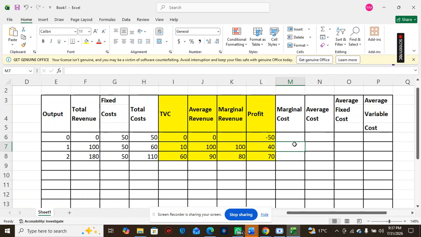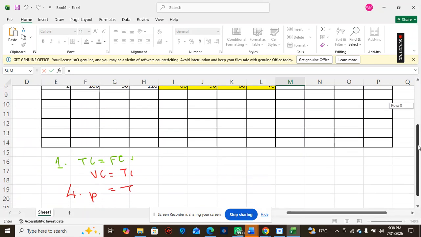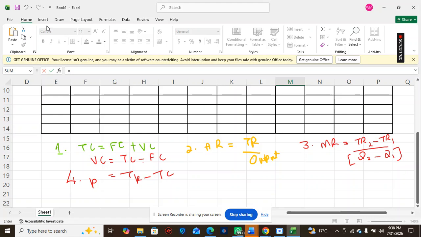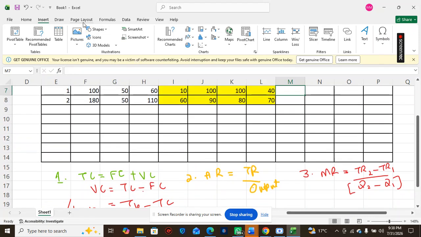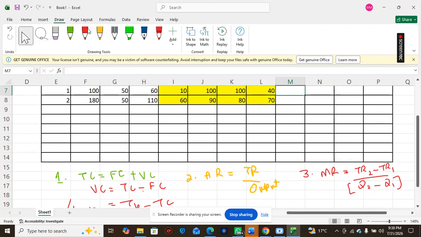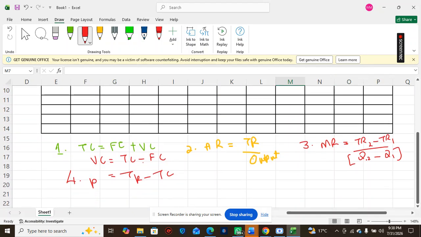When we move from 0 units to 1 unit, the marginal cost, I forgot to put the formula here. Marginal cost is the same as marginal revenue. Marginal cost equals